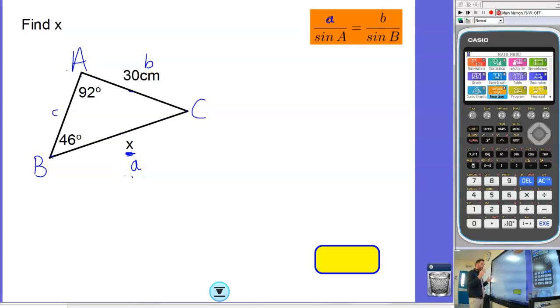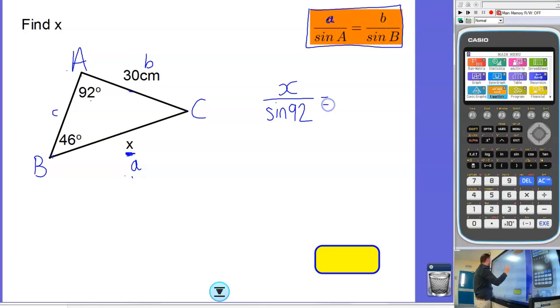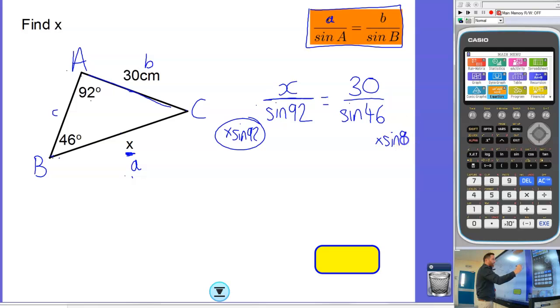What we can now do is apply this formula. A is what we're looking for, that's x, over sine A, which is sine 92, equals b over sine B. Remember, little b is the length, so 30 over sine 46. If you've got a graphical calculator with an equation solver, we can just go straight to the equation solver and type this in. I'm going to rearrange this first because I like to make things a little more convenient. To find x, let's get rid of the divide by sine 92 by multiplying by sine 92. So I get x equals 30 times sine 92